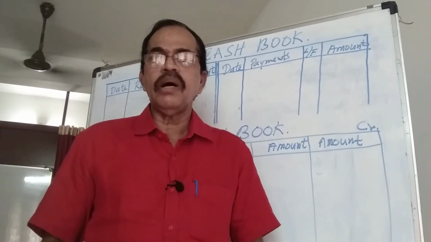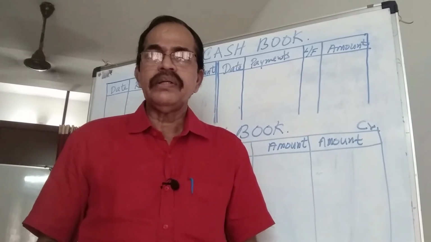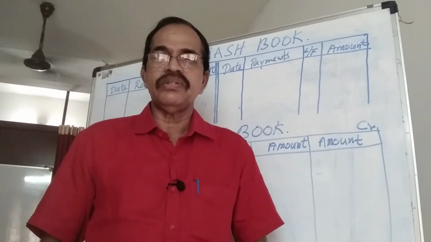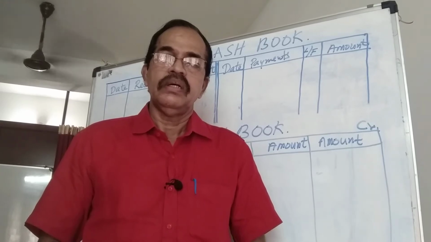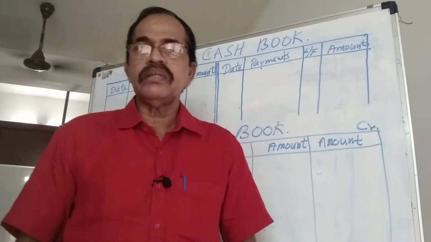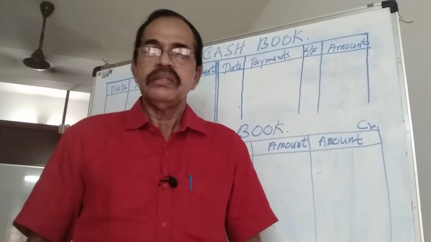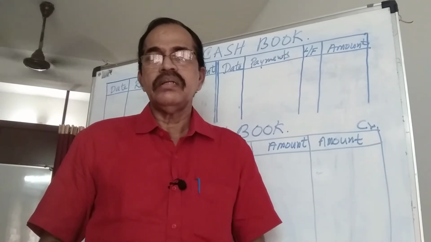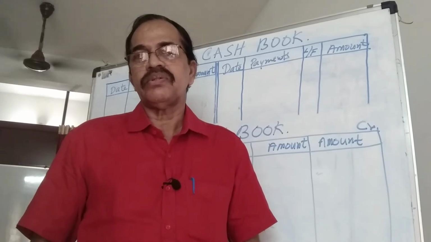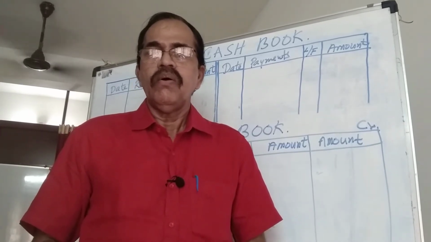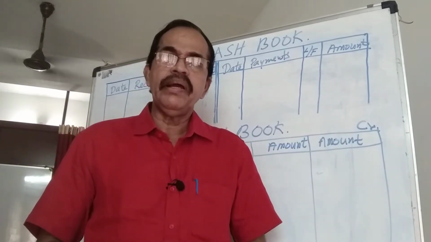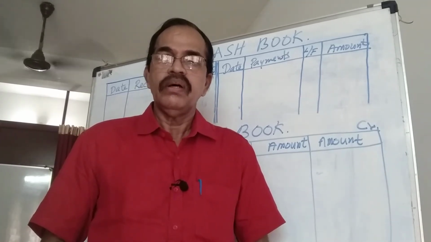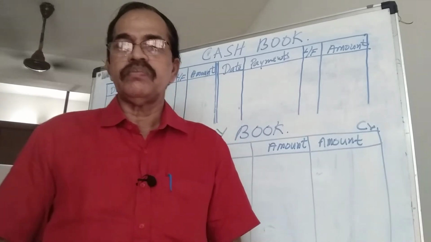Before we come to the topic, let's find out that there are large businesses and small businesses. There are large hospitals and small hospitals. There are large hotels and small hotels. There are large jewelries and small jewelries. On what basis do we make such a grouping? It is on the basis of investment and turnover.